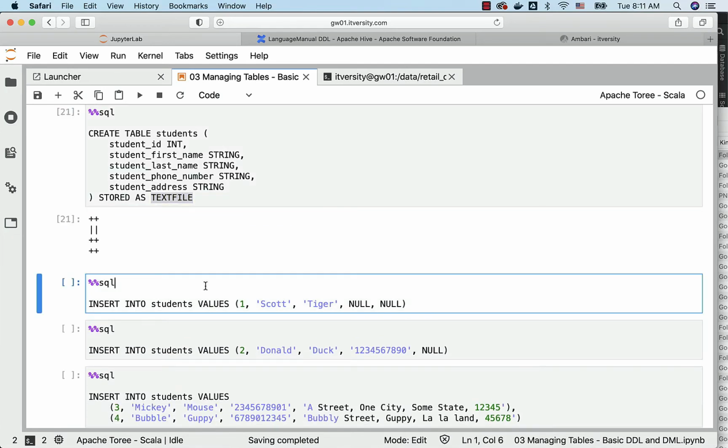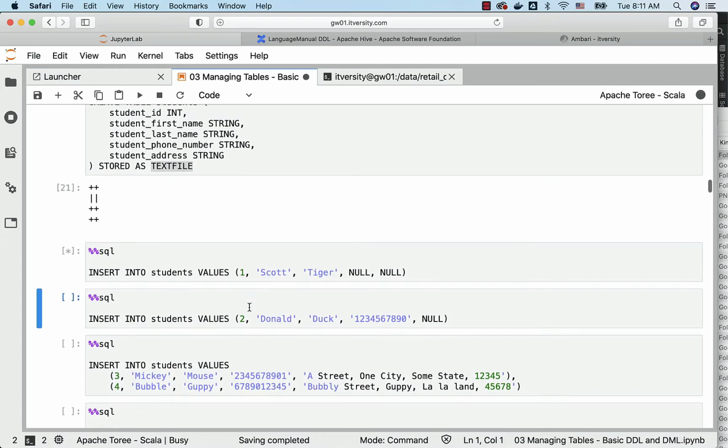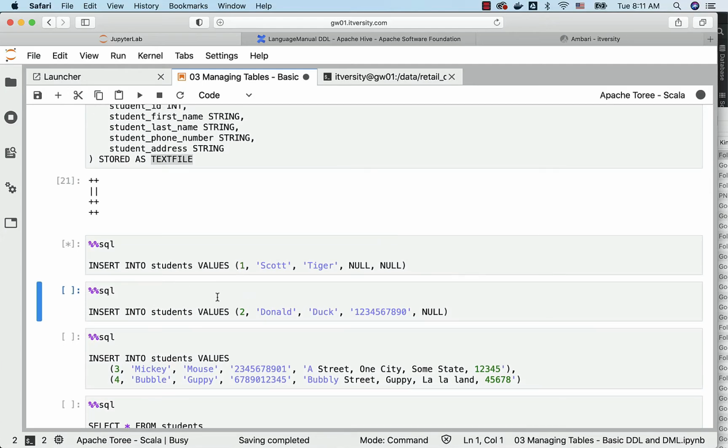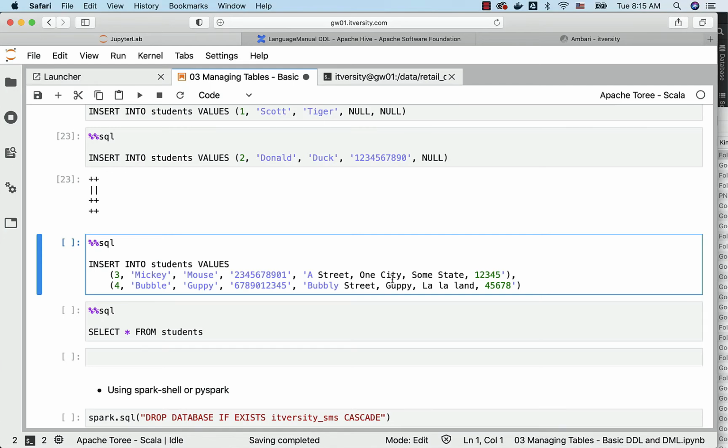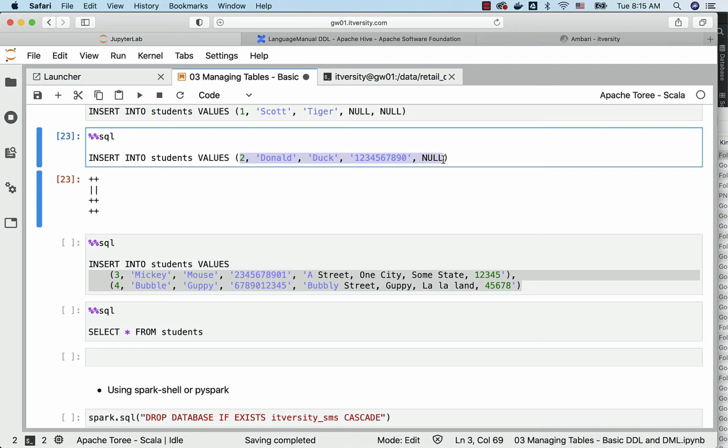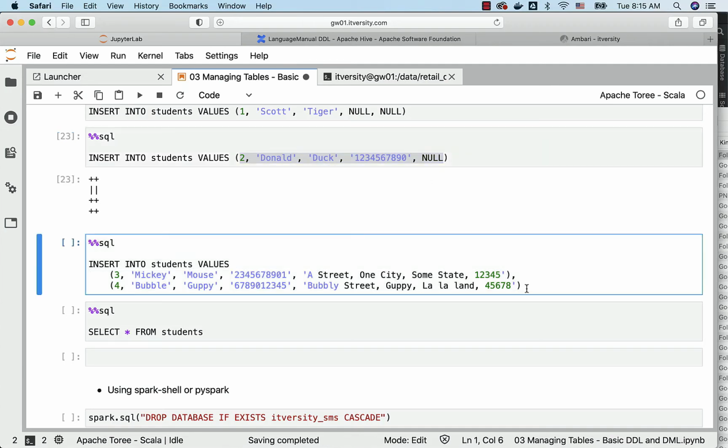Now I can run this command to insert one record into the table. This will take care of inserting one record. This will also insert one record. Spark SQL also supports inserting multiple records using one insert statement. The difference between previous insert statements and this insert statement is the previous insert statements have only one record enclosed in circular brackets. However, this has two records. The first record is this one in circular brackets, then comma, then the second record. This will take care of inserting two records into the table.